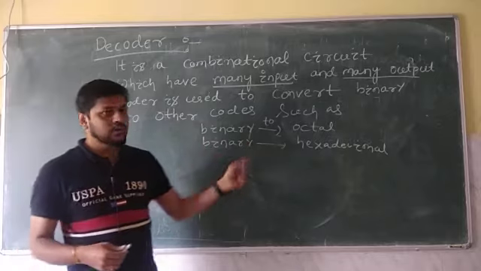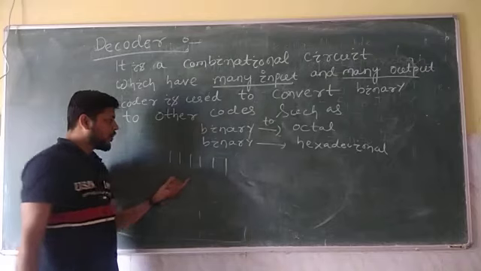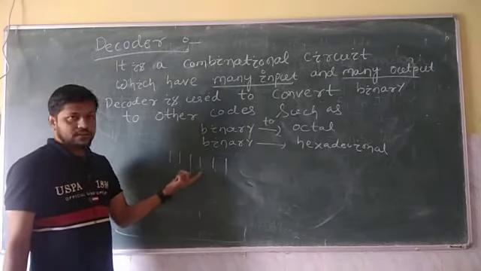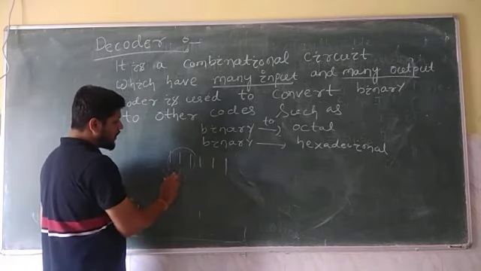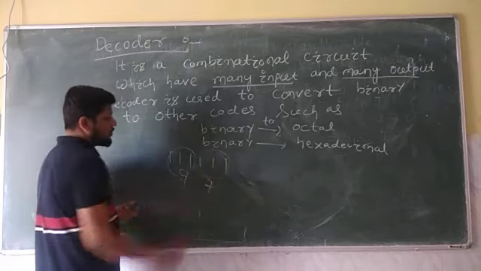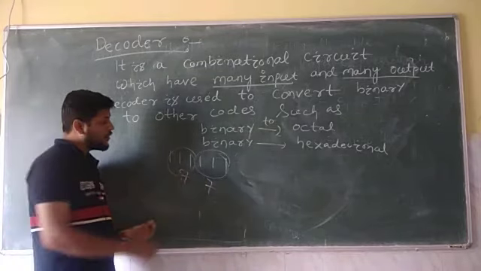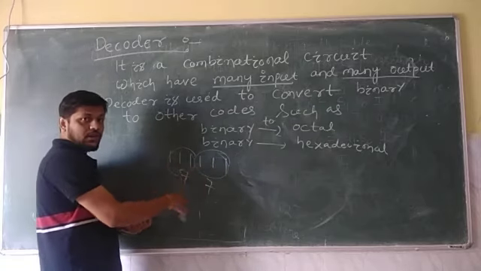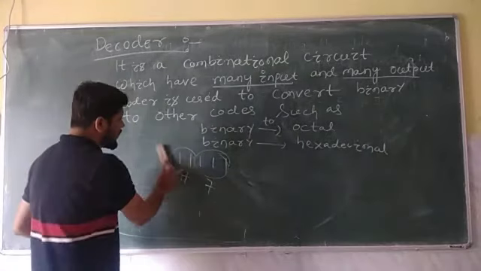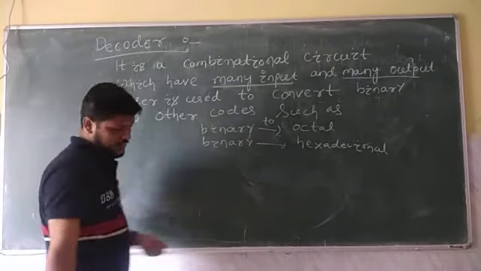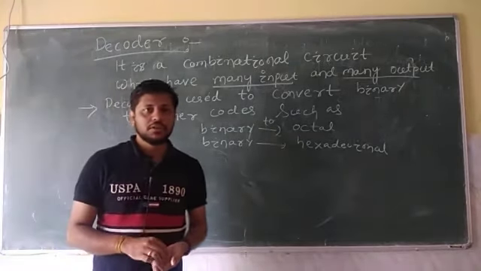That means binary to decimal, because if I write 1 1 1 1 1 1, we will not be able to tell what it is, but this decoder will consider each triple one. Suppose binary to octal, this is 7 and this is also 7, so 77 is the result. So this decoder circuit is going to convert this binary number into the octal number 77. So the purpose of a decoder is very important: its application is to convert binary to any other number system.